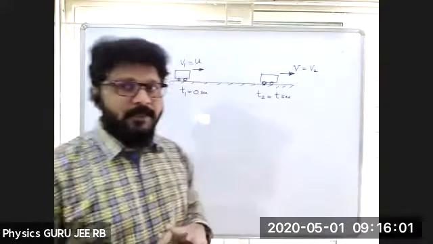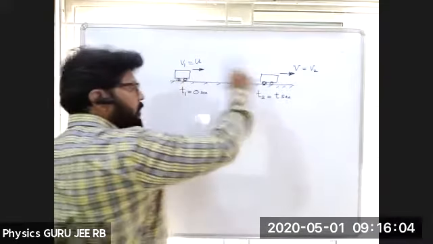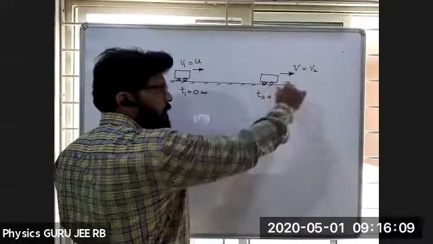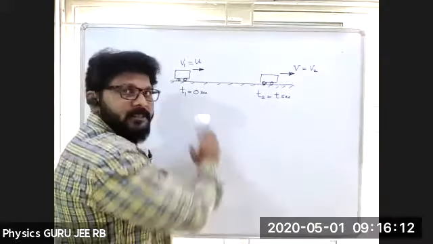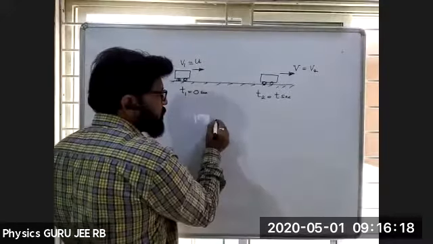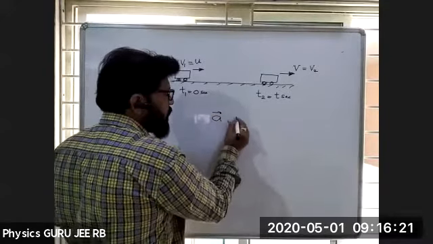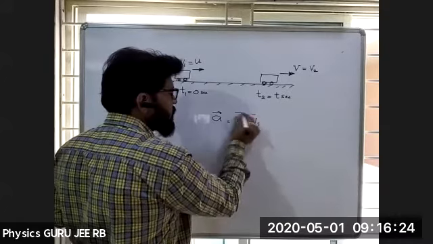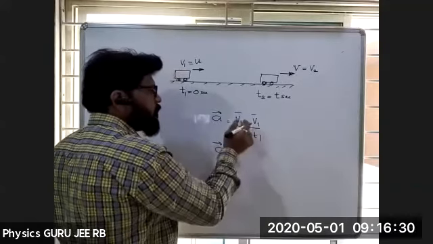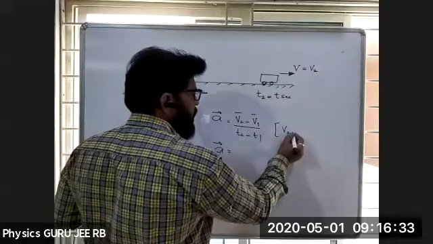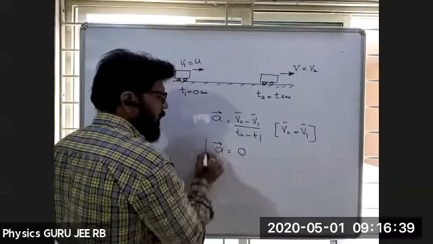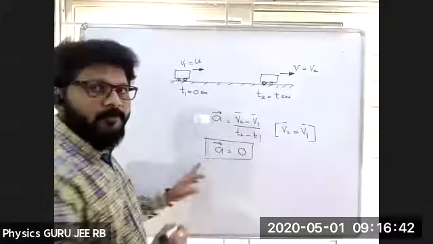So in this particular situation, if the initial and final velocities are equal, that means this vehicle is moving only with 20 kilometers per hour for t seconds. It may be 1 hour or 5 seconds or 1 second, whatever. Then the acceleration of this vehicle is final velocity minus initial velocity divided by T2 minus T1. If final velocity is equal to initial velocity, then it will become what? 0. Acceleration is 0.